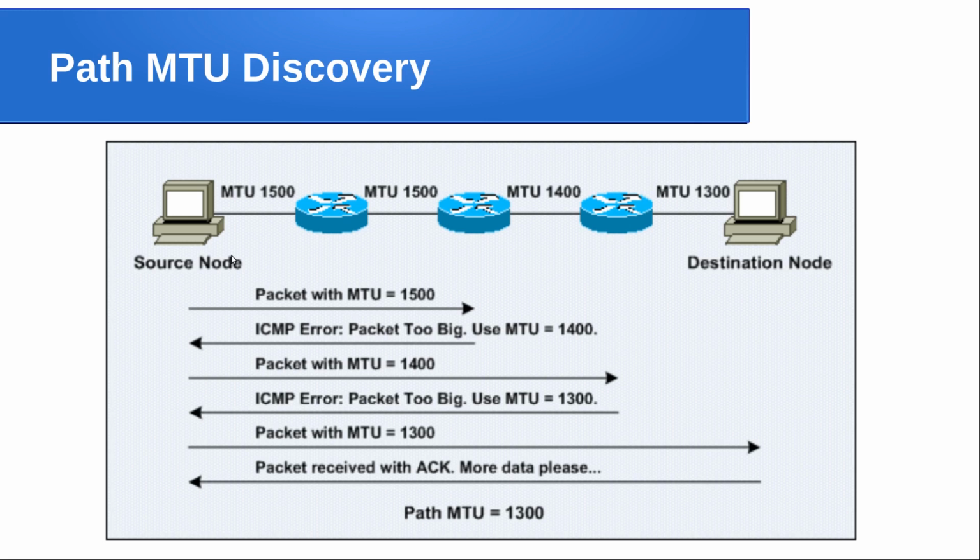So we can take this example, the source node and the destination node. See, this link has an MTU of 1500 bytes, say here it is 1500, here it is 1400, here it is 1300. Initially the sender does not know what the minimum MTU is. So what the sender will do is look at the immediate link, which is able to support 1500 bytes, right? So the sender will create an IP packet with the maximum size, that is 1500. So a packet with the size of 1500 is created and sent by the sender. Here there is no problem. Here also there is no problem.